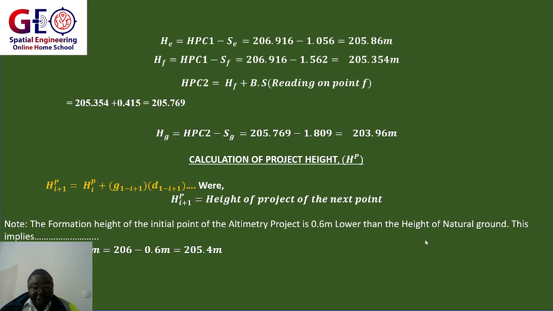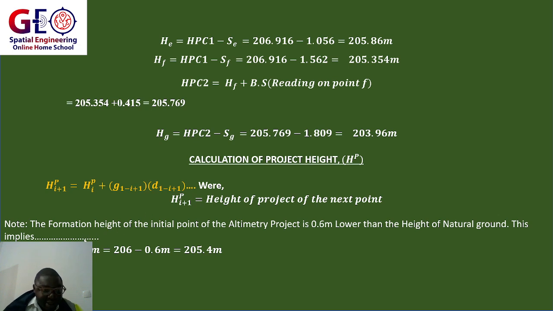the engineers, or the experts, want to design a project, a road project, in such a way that cars can easily use the road. Maybe they want to work on the gradient of the road, like the cut and fill. So they have to design a new project height to work on, other than the height of natural ground. So this is a new project height, and we have been told that initially